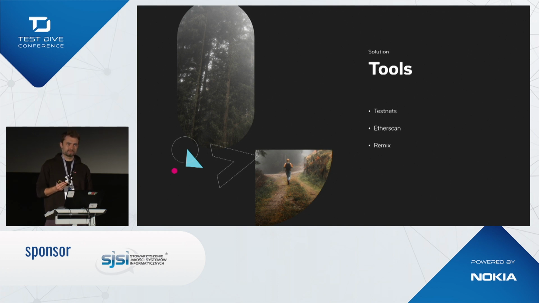Remix is an online IDE that can be used for coding, running unit tests, compiling, deploying, and probably more things related to smart contracts. Infura is a thing that can be called a blockchain proxy. At least I think Shimon Paluch called that in some course, and that makes sense to me, because this is the thing that just hides the communication with the blockchain under the hood and exposes you some endpoint that you just use HTTPS to communicate with. And when you get an endpoint, you need a library like Web3.js to communicate with the contract. Another approach, you can use a library like Ethers, which, as I remember, is using Infura under the hood.